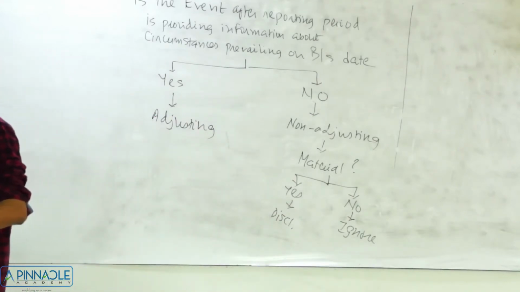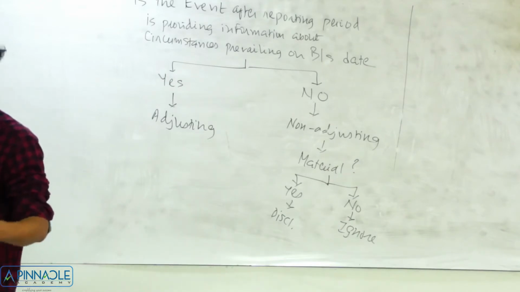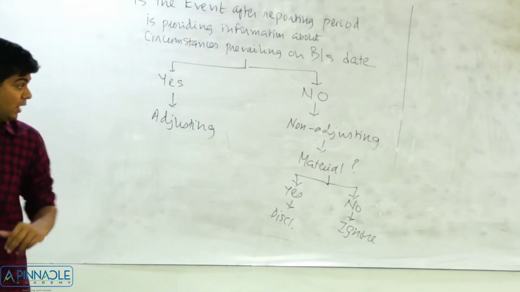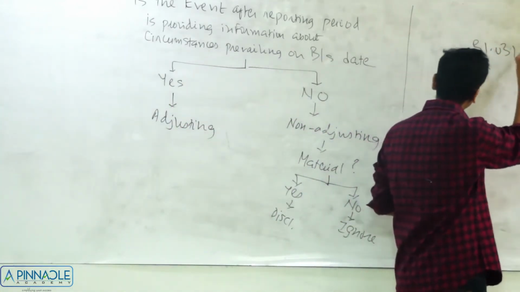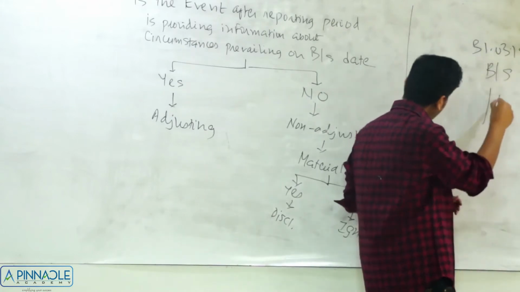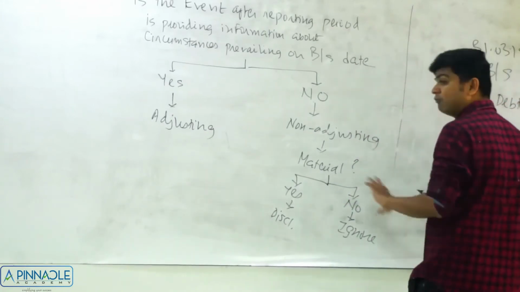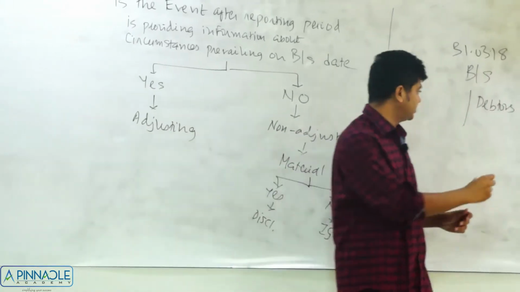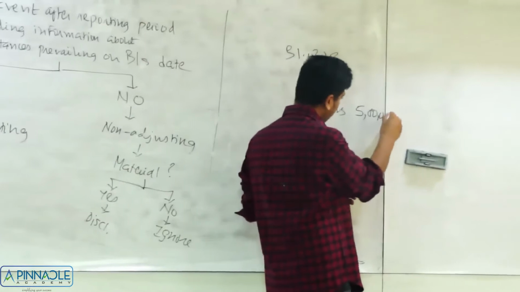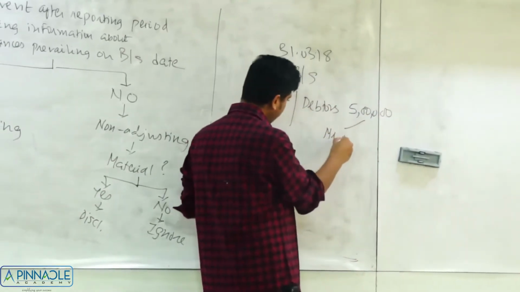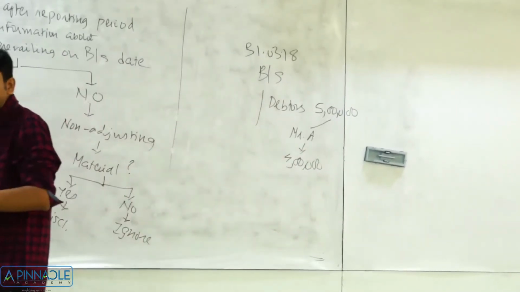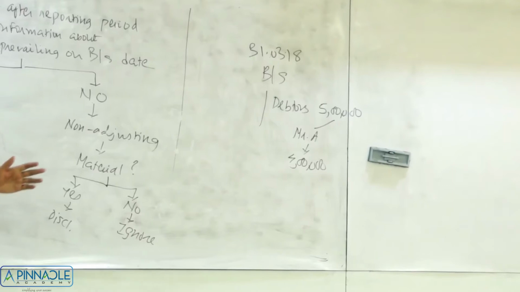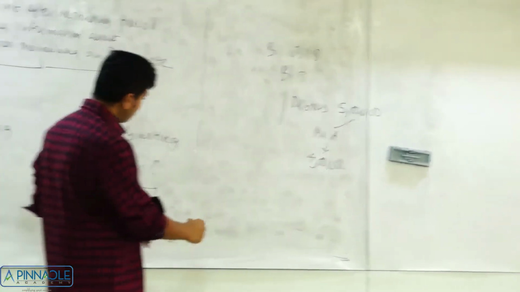Let's talk about insolvency of debtor. That's one of the classical examples to understand this particular segregation of the events. Let's say on 31st March 18, we are preparing our balance sheet. So on 31st March 18, I have prepared my balance sheet and I'm showing debtors, of course as a part of trade receivables. I'm showing debtors of, let's say, 5 lakhs of rupees. And in this there is some Mr. A from whom I have to recover 4 lakhs of rupees. So I have one major debtor and that amount is turning out to be 4 lakhs. This is 31st March 18.